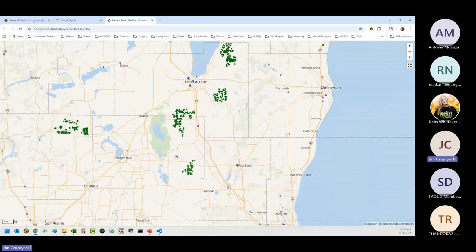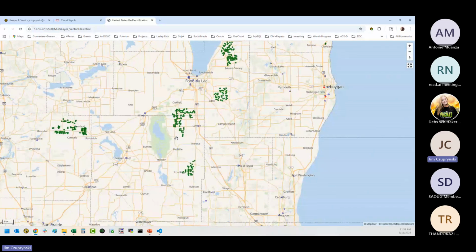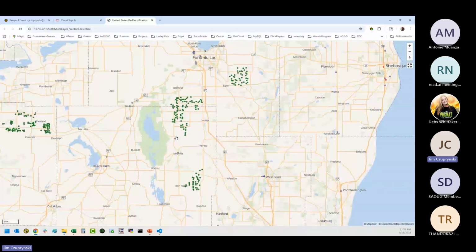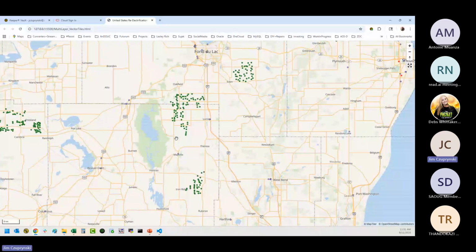And I can even come over here, since I know these are wind turbines, I can mouse click on one of them, and it will tell me that, oh, it's in the state of Wisconsin, zip code 55027. The height of that particular wind turbine is 118.6 meters, and its capacity in kilowatt hours is 1,500.